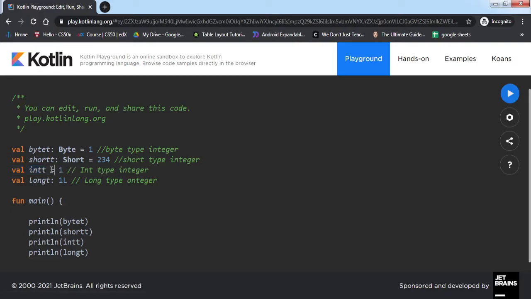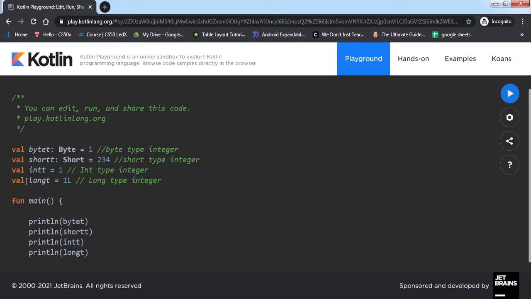It should be equal to this, and here also. Okay. So by default, when you store a number to a variable without declaring the type of the variable, Kotlin itself infers it as an integer type variable. And for the long type also, I haven't declared the type of the variable.